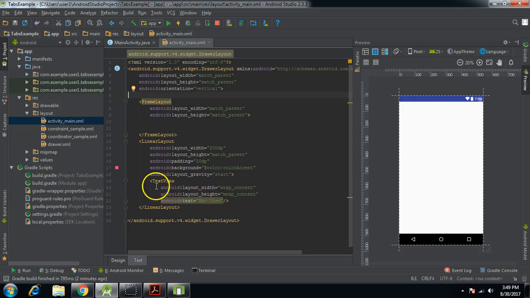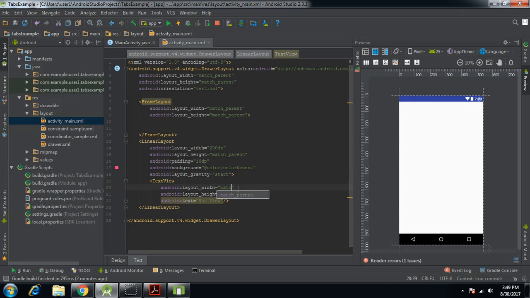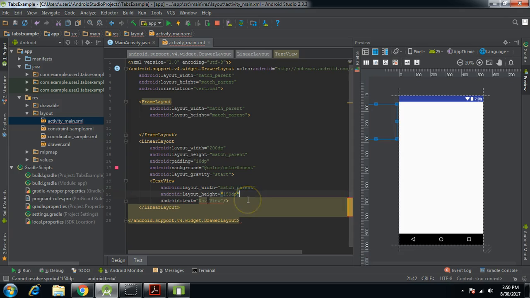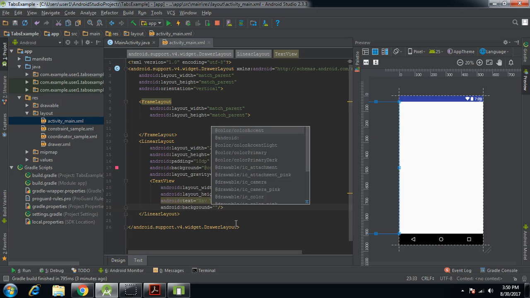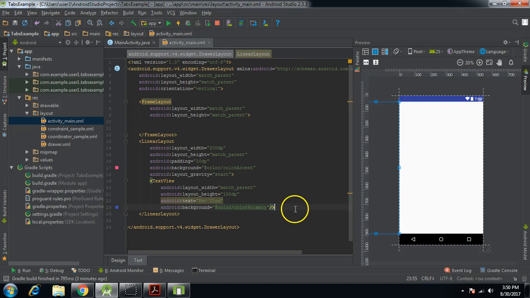So now let's make some changes to our text view here. For example, let's change the width to match parent, and the height can be kept as, let's say, 150 dp, right? And you close this, and also let's add a background to this. So let's add some color like primary color. So then after doing this,